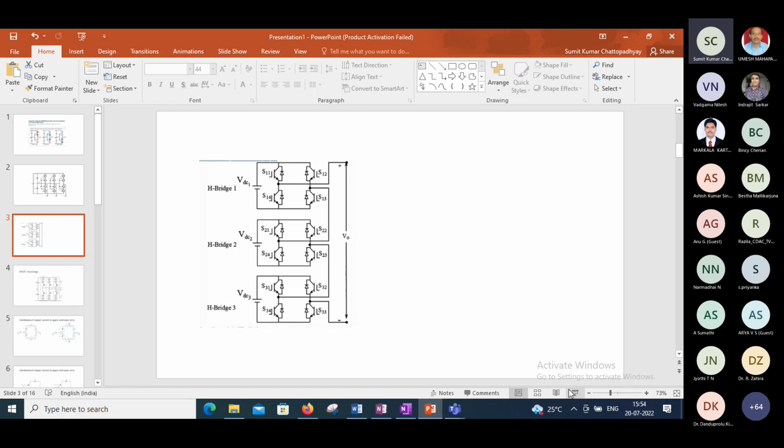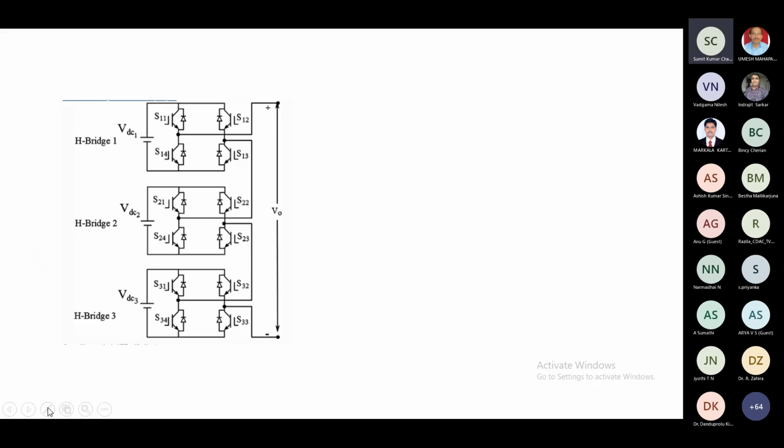So you can just consider that for presentation here, you can just consider that upper bridge. So you can see that multiple bridges are cascaded. When S11 and S13 are on, if I say that the upper terminal is positive, we are going to check the voltage of the upper terminal with respect to the lower terminal. That will be positive when S11 and S13 are on. And of course, when S12 and S14 are on, then there will be negative voltage.